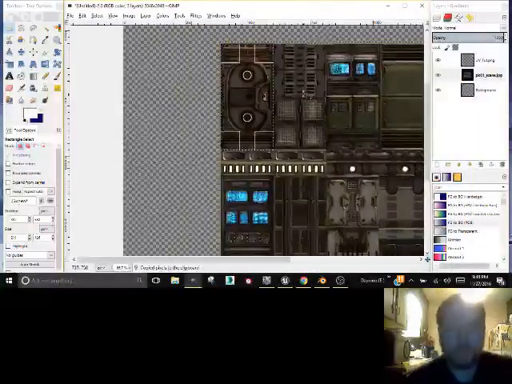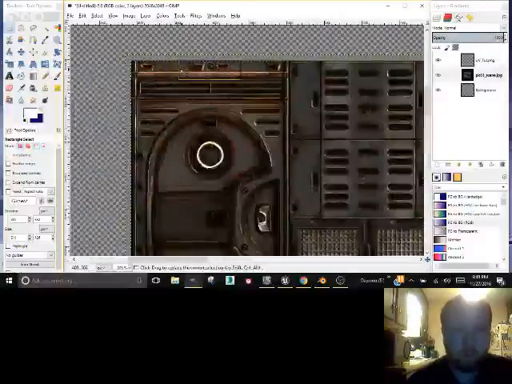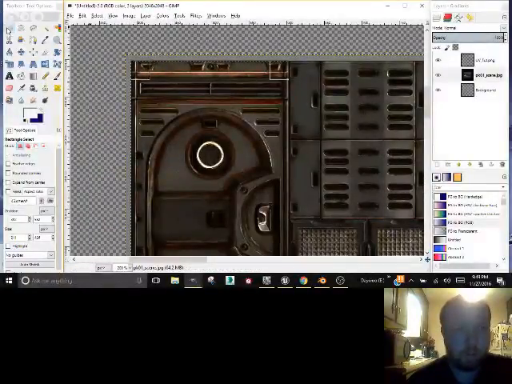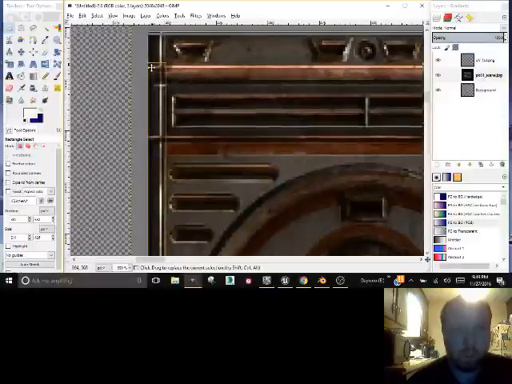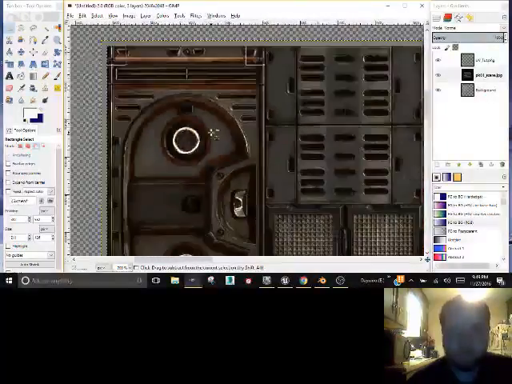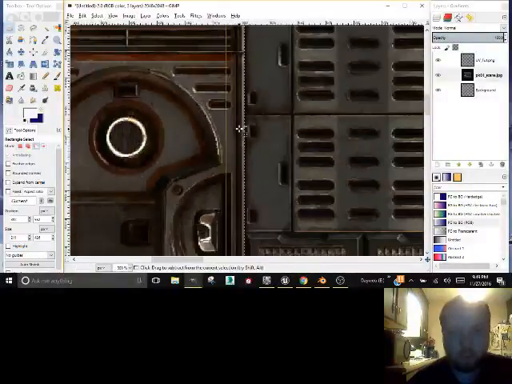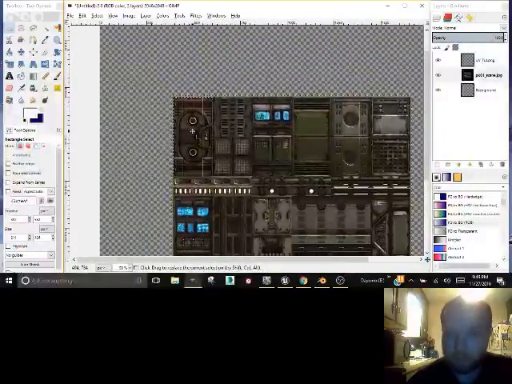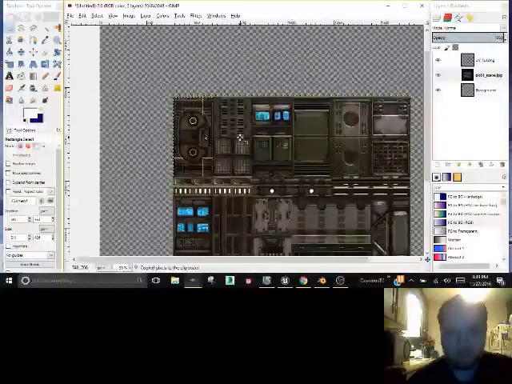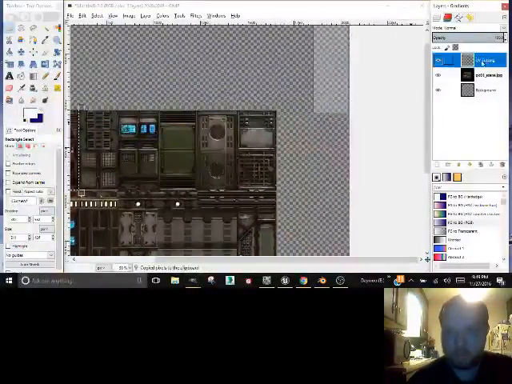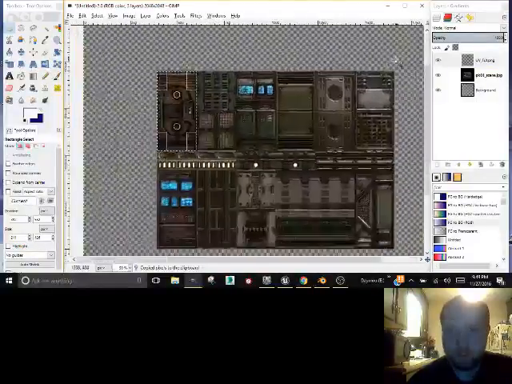Okay, so basically you draw a little box with your rectangle select tool. You draw a box around it. Make sure the padding up here and over here isn't included, and make sure it's just like that, all on the edges. That's the way I want it. So I'll push Control C,